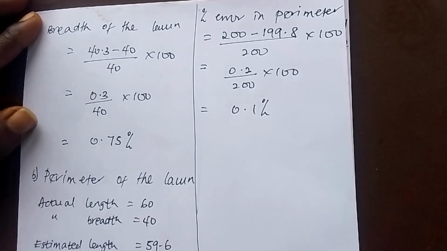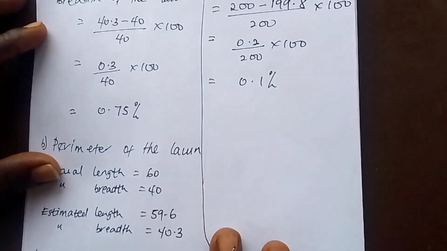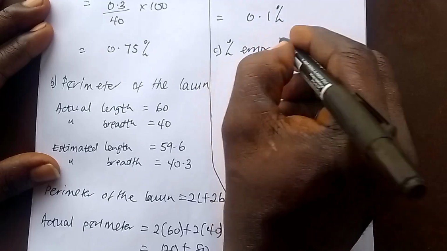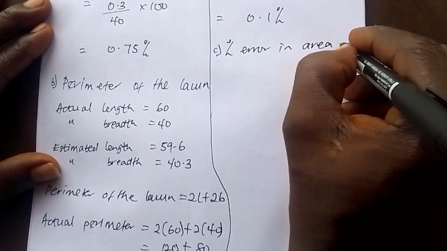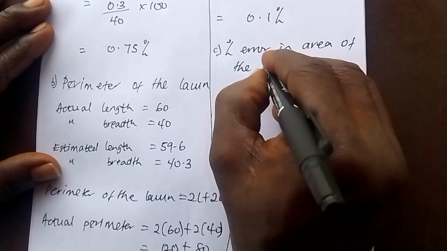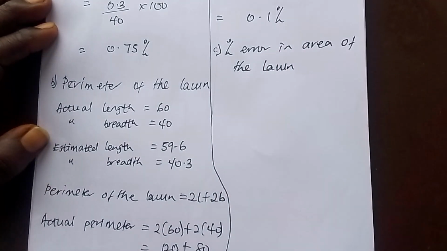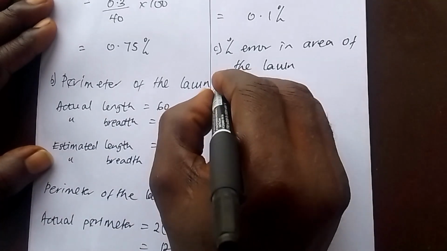Let's move on to C, which is demanding the percentage error in the area of the lawn. Just like we did for the perimeter, we are going to do the same for the area, which requires that we find the actual area, then we find the estimated area of the lawn as well. Now the lawn is rectangular in shape, therefore we are finding the area of a rectangle. So the area of the lawn,